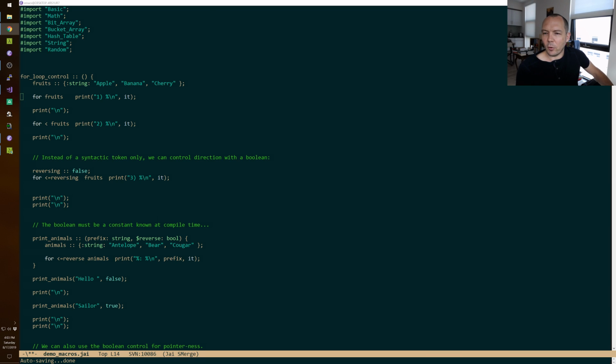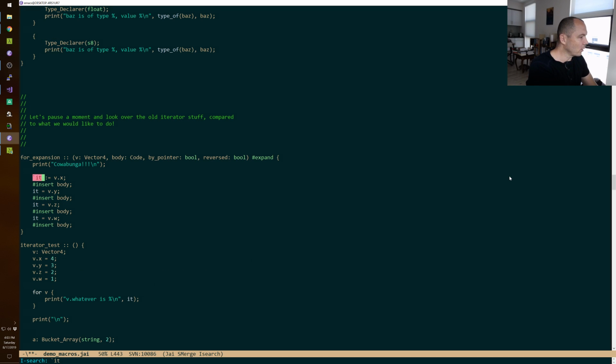An earlier example had a macro that declared it, but then the next few lines referred to it. Why didn't those lines use backtick it? Okay, let me go to one of those. Like this one is very simple actually. So the question is, hey, this has a backtick, but these don't. Why not? That's true for all the iterators that we looked at. So it's two answers. Answer number one is you don't want to have to put backtick everywhere. That's annoying. Answer number two is when you do this kind of declaration,